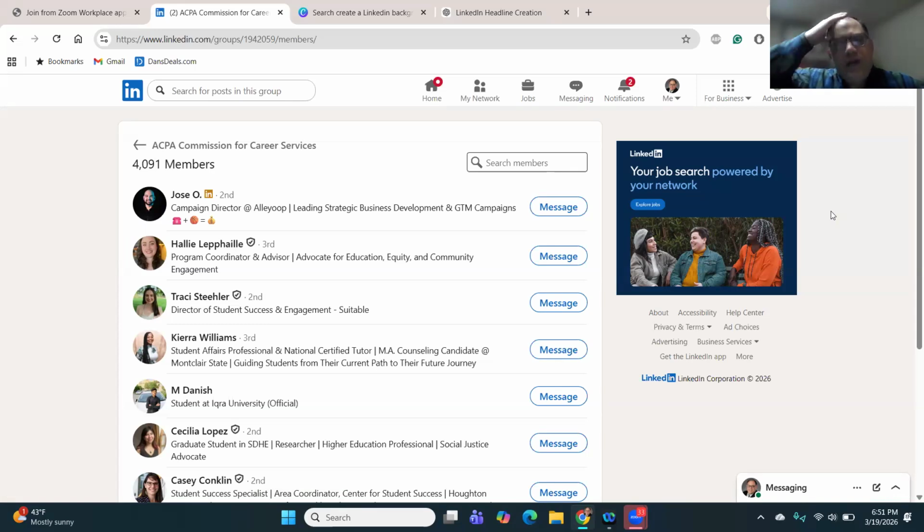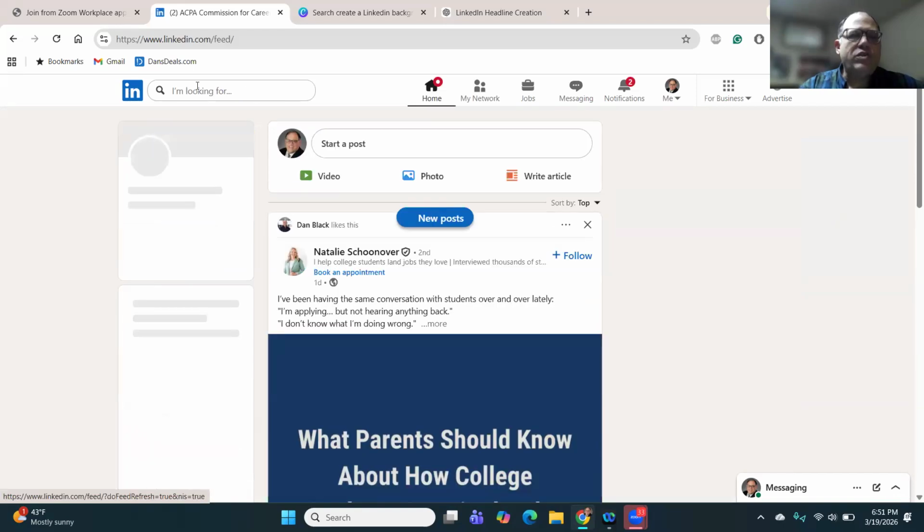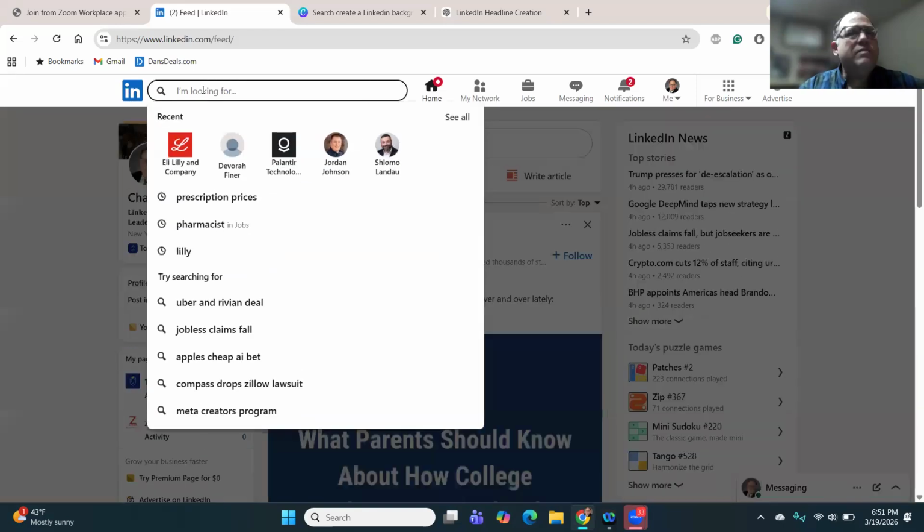So join the group, and that gives you the opportunity to engage those folks who are of real value to you. So just to reiterate and go over that again, the idea is you can do the searches based on the topics, play around with it to get the topic that really demonstrates your expertise in the things that people in your field are talking about. But if you have a specific person you want to target, there are a number of ways you can find them, what they're posting on, find where your expertise fits with what they're posting, and then engage them on that.